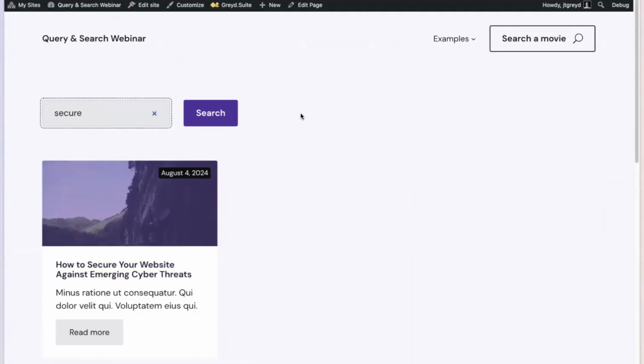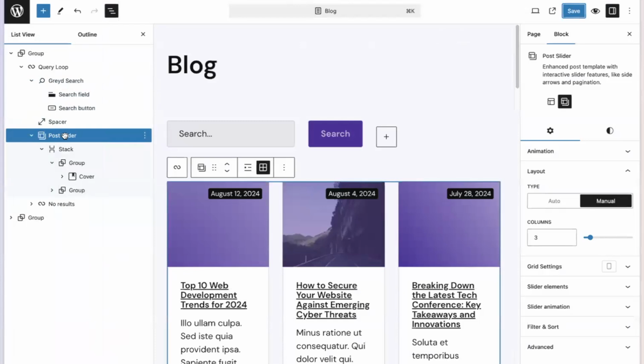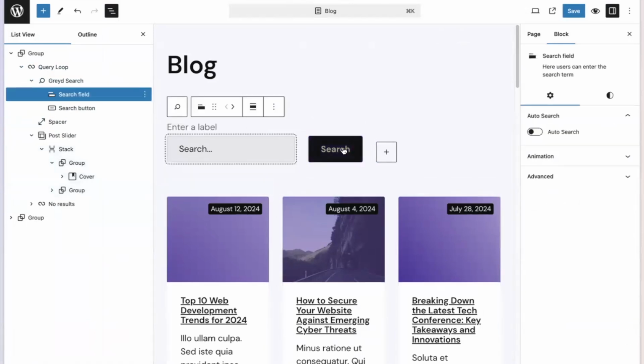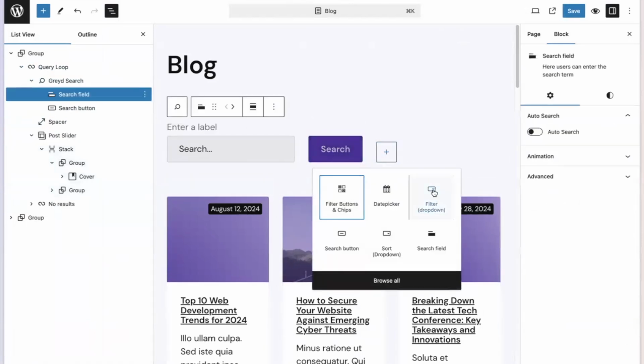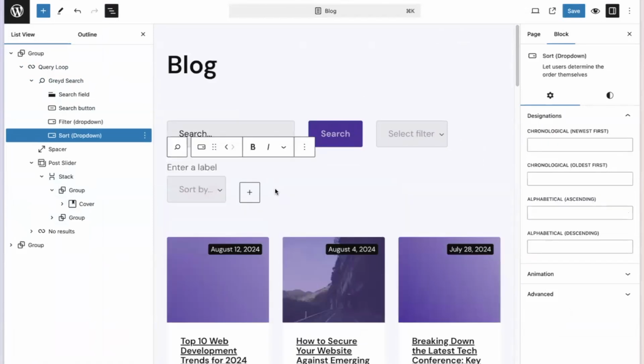So as soon as a slider and a query search are inside a query block, so grid search and post slider inside the query block, they interact with each other. And this gives you all the flexibility inside the search blocks. So you can now go ahead and, for example, add the filter dropdown that you're used to, or add the sorting dropdown that you're used to.